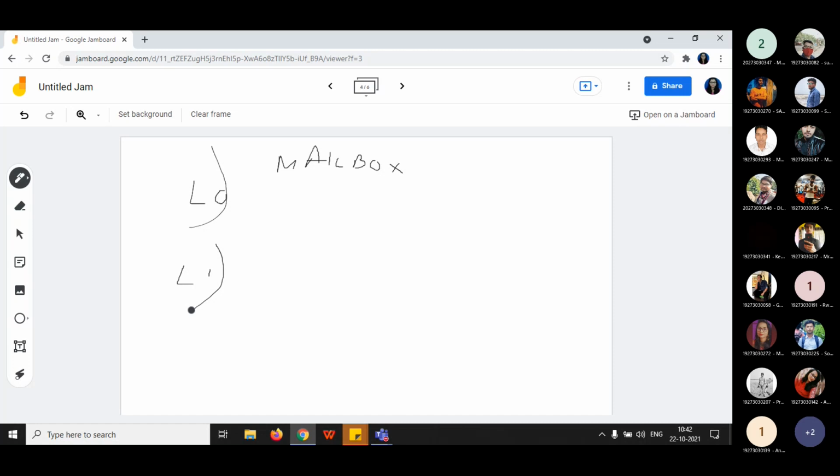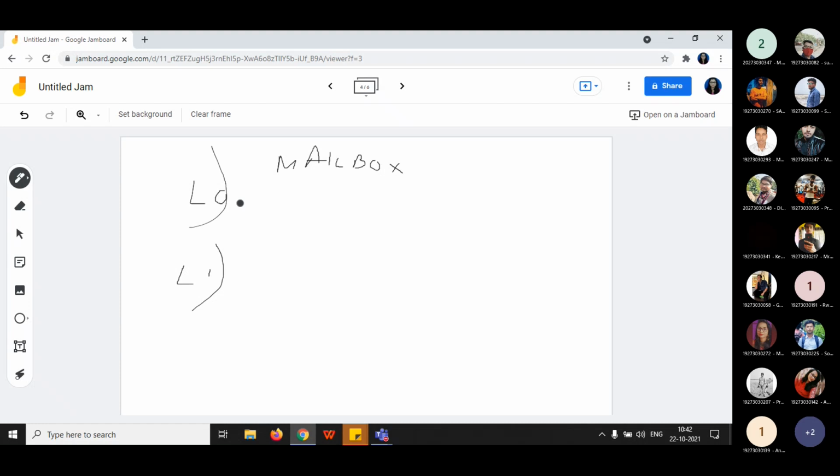Similarly, from the user, the data can flow to the send box and also to the spam box. And after that, all these processes can be interlinked with the trash box. After that, the user can log out from Gmail. So in this way, you can do the DFD of a mailbox. I have explained level 0 and level 1.